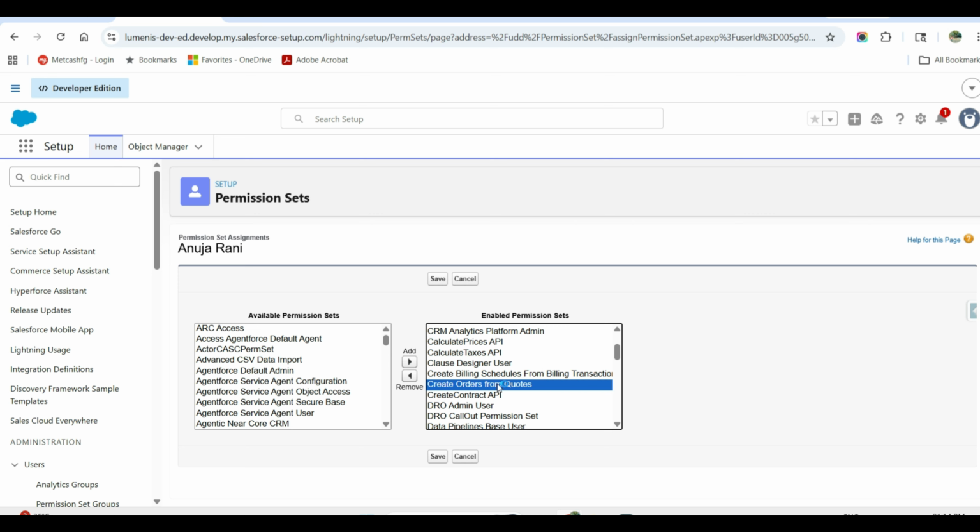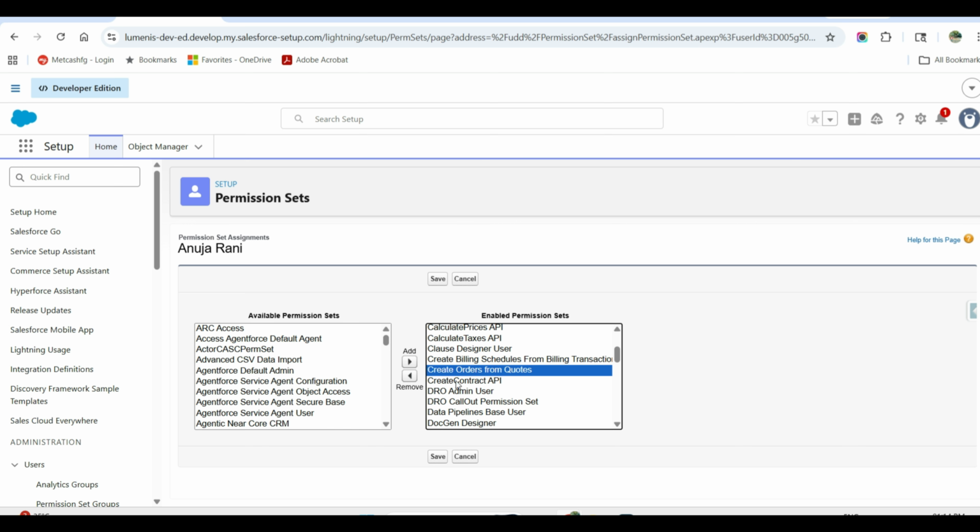Next is Create Orders from Quotes. So this permission set enables users to generate orders directly from quotes. So by this we can continue the process from quote lifecycle into order management. Next one is Create Contract API. So this permission set provides access to the API responsible for contract creation and processing within the Revenue Cloud and CLM